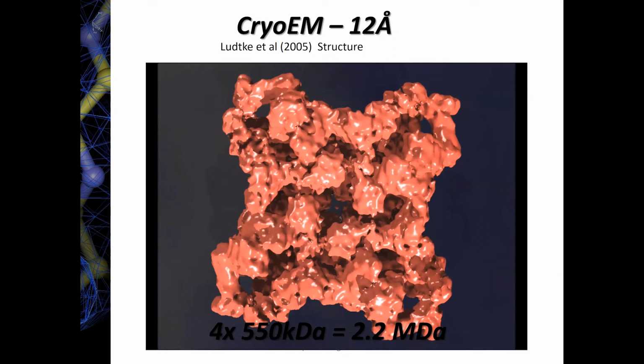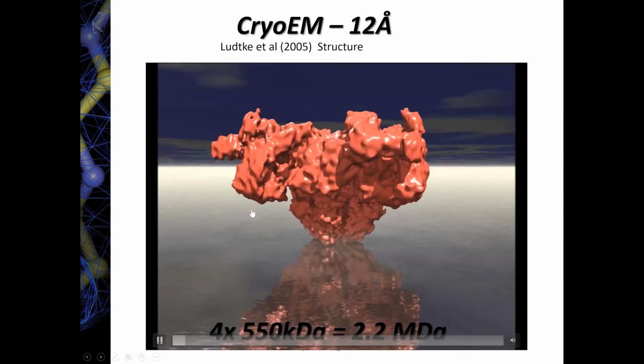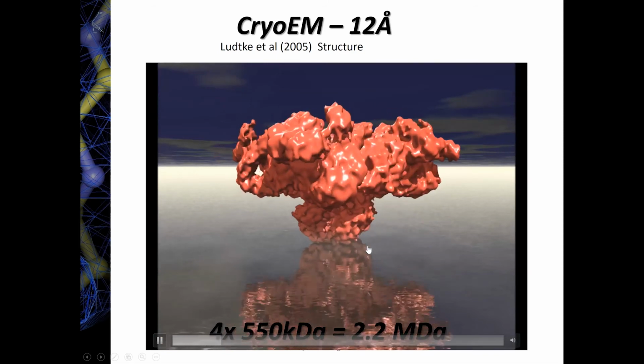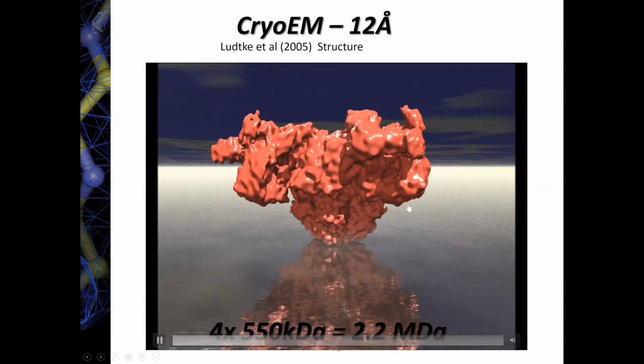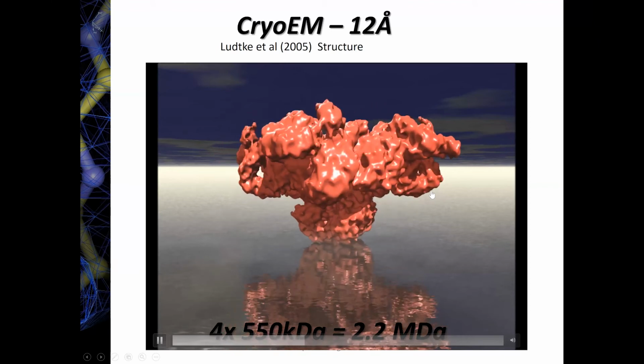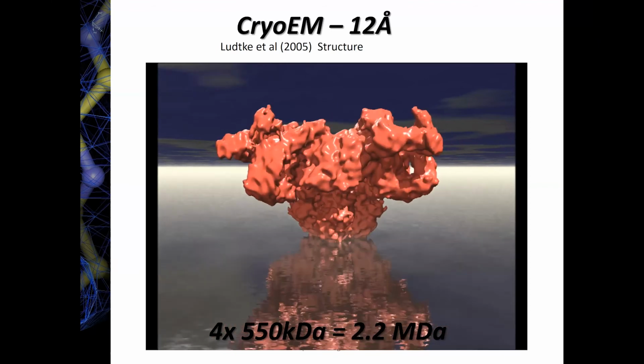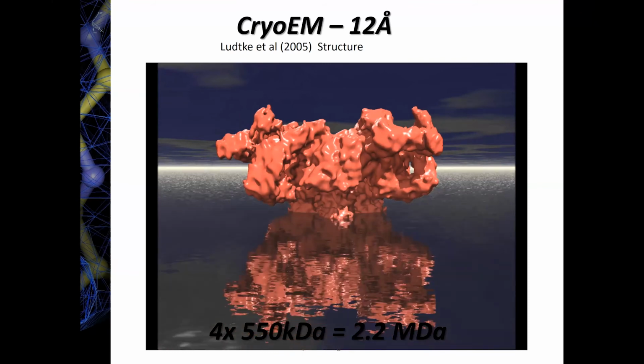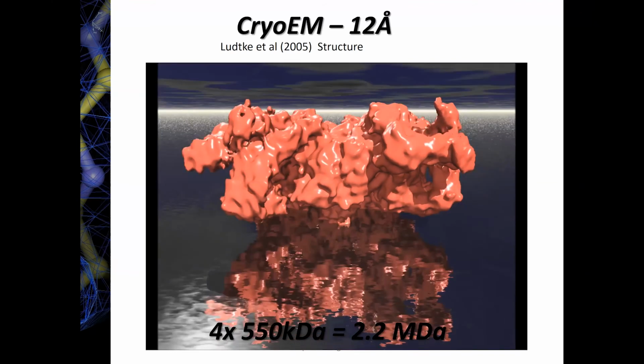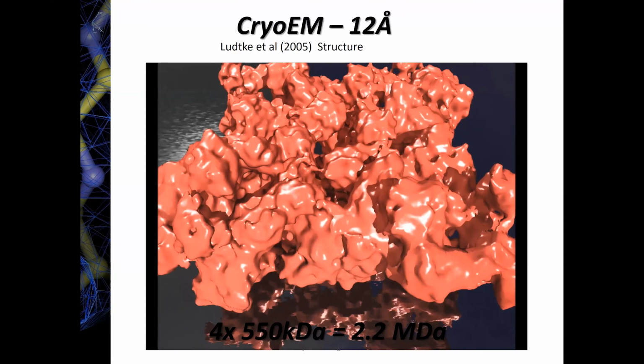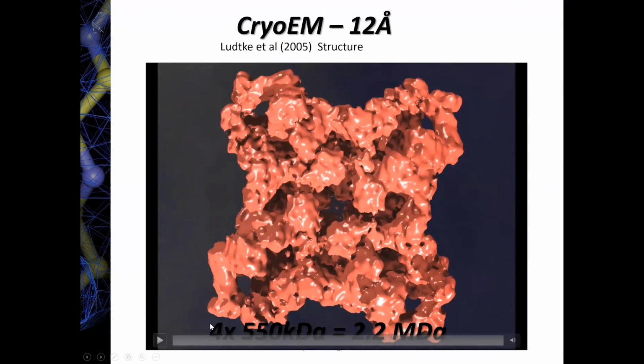And so it resembles the shape of a mushroom. The stalk of the mushroom is essentially what's crossing the membrane of the ER or the SR, and the cap of the mushroom is located in the cytosol. And so what you can see from the top view, if I allow it to rotate again, is that this is clearly a 4-fold symmetrical protein. So it's encoded by 4 identical subunits of around 550 kilodalton each. And this actually makes it at least the largest known ion channel that we currently know.